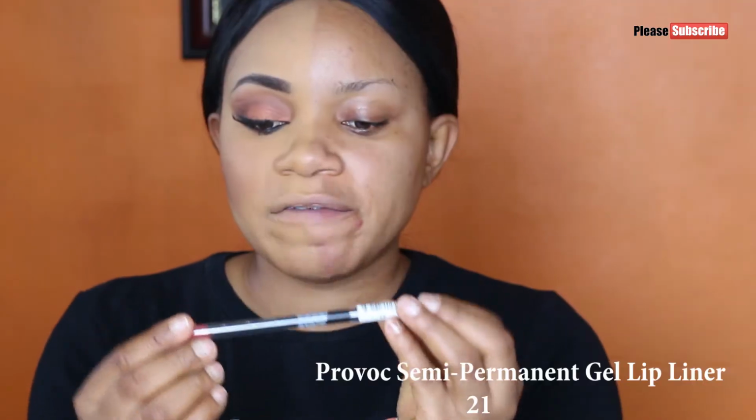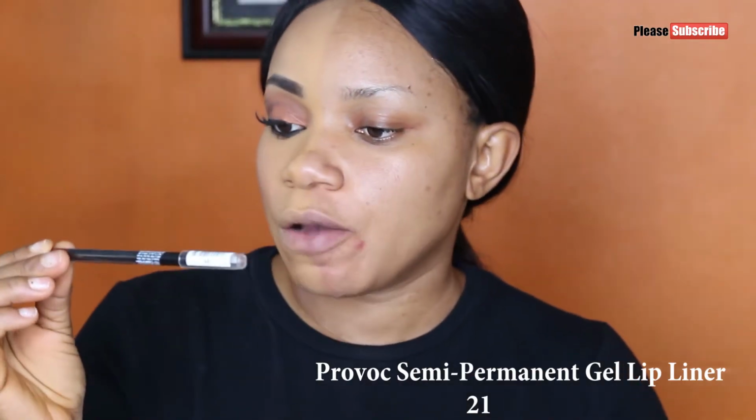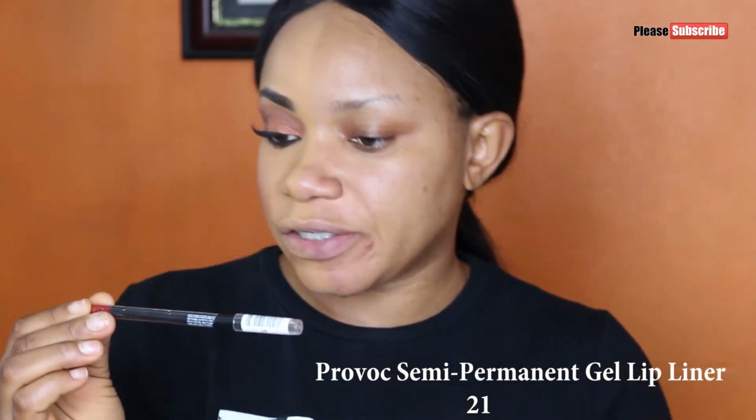And for my blush, I'll be applying the Sleek Blush in Coral. I love this blush so much. It has a way of just warming up your face, and it has this beautiful color that sometimes I use for my transition color for my shadow. It's so nice. And for my lips, I will be lining my lips first with this Provoke Semi-Permanent Gel Lip